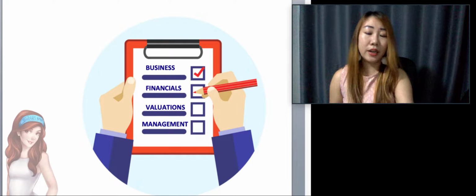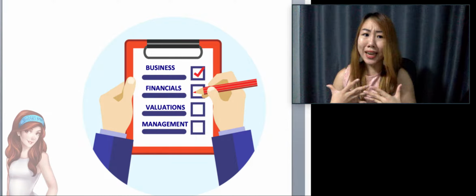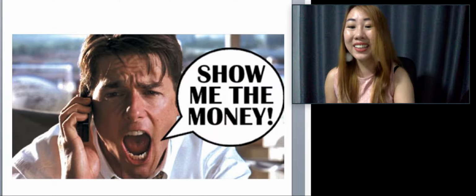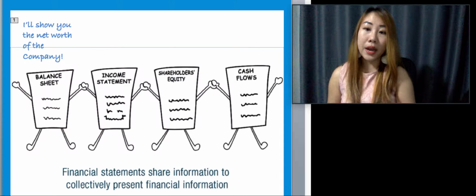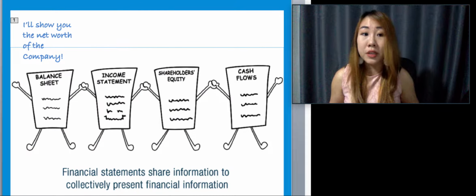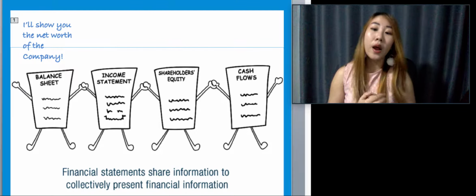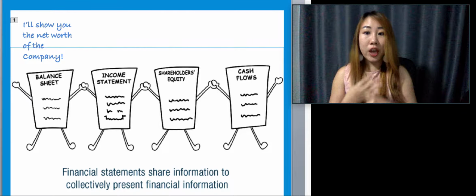So let's try to understand why exactly we need to read and analyze the financial statements. That's really because you want to make sure that the company shows you the money. Alright, so this is a great meme that I really like. But what exactly do the financial statements comprise of? That can generally be divided into 4 types, where we'll look at the balance sheet, which captures the net worth